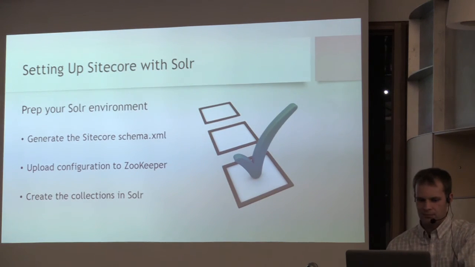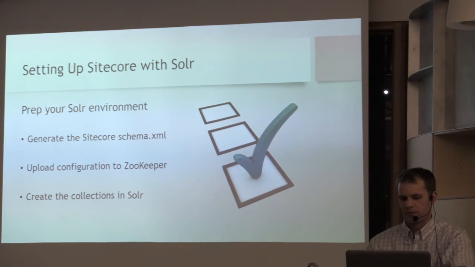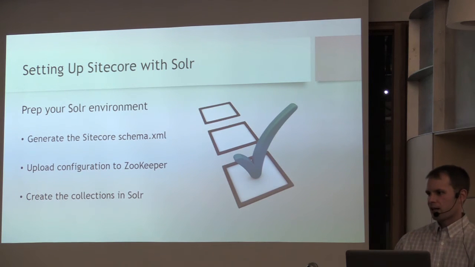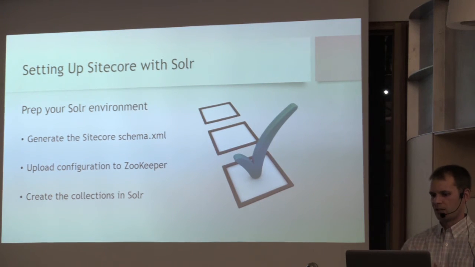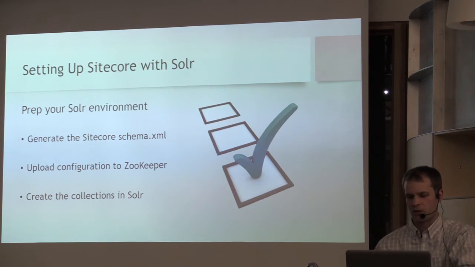So back to this. So yeah, the next step is you upload that configuration to Zookeeper. And you have to give it a name. So there's a lot of different strategies here on how many configs you have. Does each index get its own config set, or do you kind of share it based on the purpose of the index? Does each database set of indexes share a config set? I mean, these are all things you'll discuss in the scope of a project, but generally,